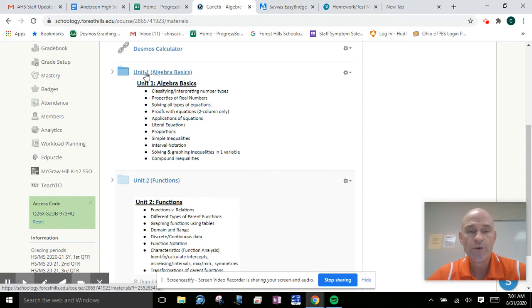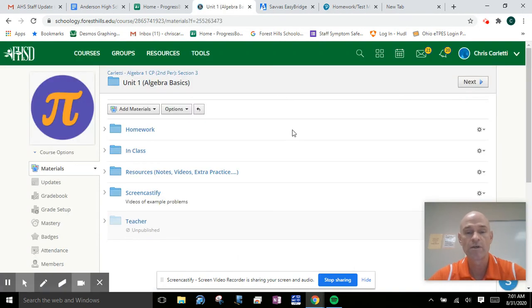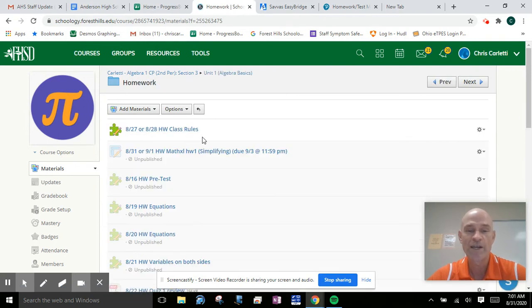For each unit that we do, we'll have a folder, the Unit 1 folder, and the topics that are contained in that unit. When you click on that, and all the folders are the same, all the units are the same, there are always 4 folders within each unit. The homework folder is where the student will find homework that may or may not be on MathXL. MathXL, you have to go through that link that was just shown previously, but sometimes the homework is on Schoology,